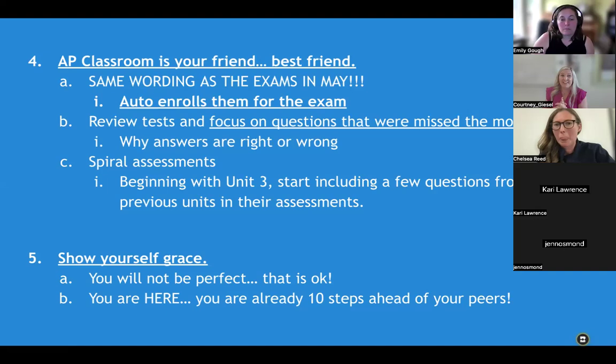And then also when your kids sign up for AP Classroom, it automatically enrolls them in the class for the test in May. So very, very important that they sign up for AP Classroom. And I don't know about only for yourself. Go ahead. About AP Classroom, while you were talking about it, I don't know if you guys saw that they started adding in some of the features that are going to be also, or already are, in Bluebook too,